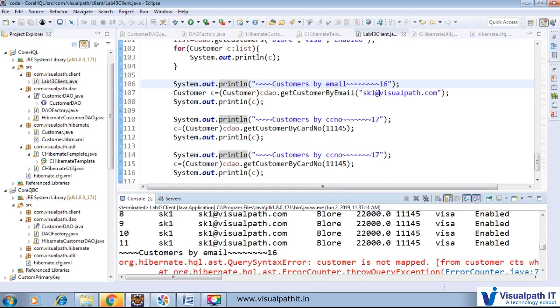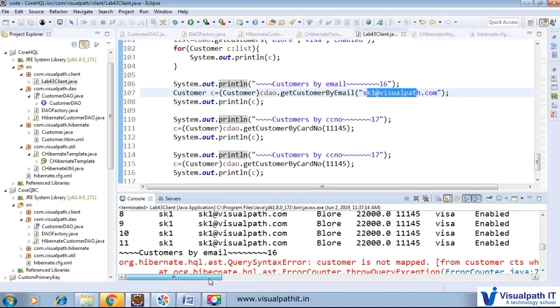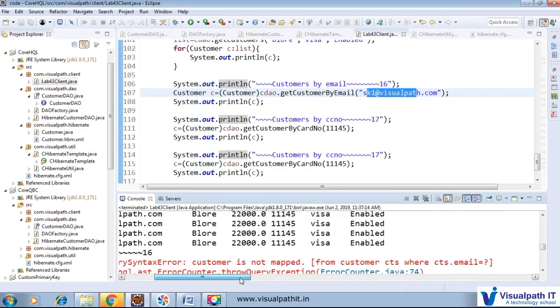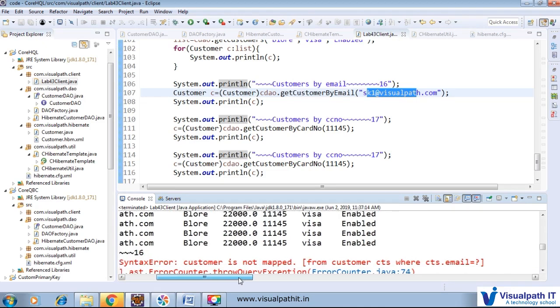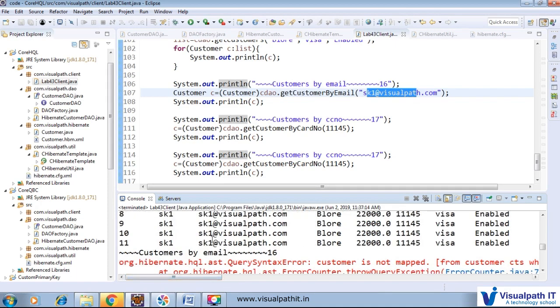16. So SK1, customer is not mapped, from customer CTS, where CTS dot email equal to SK1, SK1 dot visualpath.com.